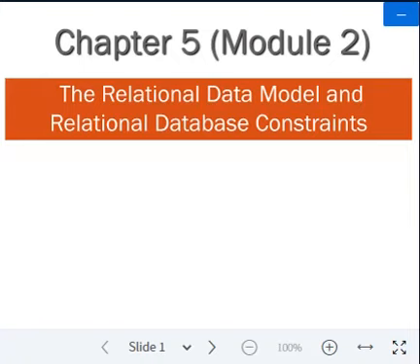The relational data model was first introduced by Ted Codd of IBM Research in 1970, in a classical paper, and it attracted immediate attention due to its simplicity and mathematical foundation. Why is the relational data model so famous? It has attracted attention due to its simplicity and mathematical foundation.